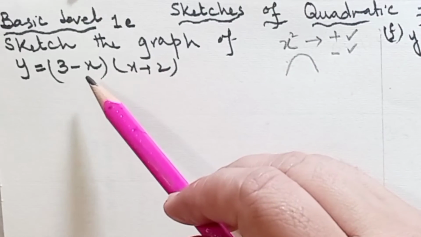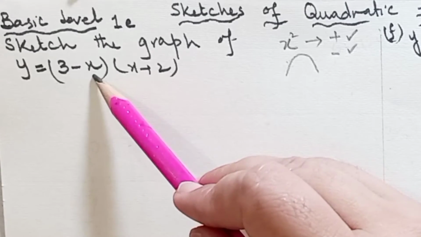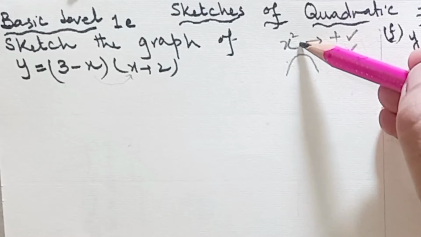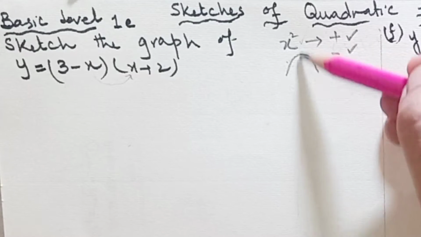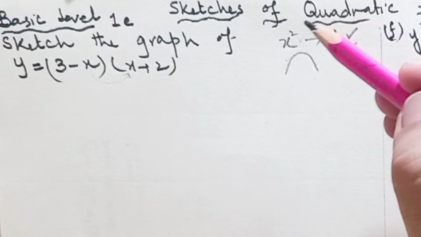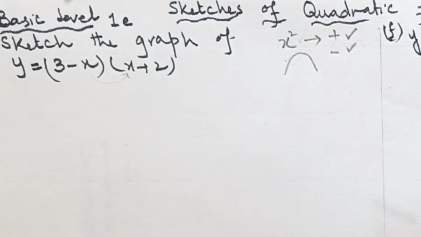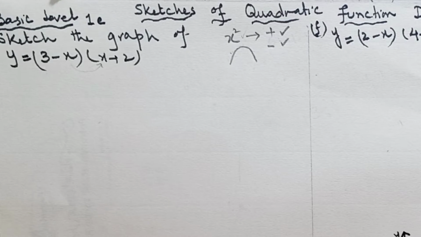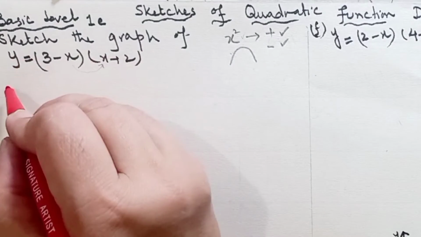So if we look at the coefficient of the square term, this is minus x square, so the curve will have the opening downward and it will have the maximum point. So this point is clear, and now in this question I'll be going a little fast because we have done the previous 4 parts in detail. The next step is to find